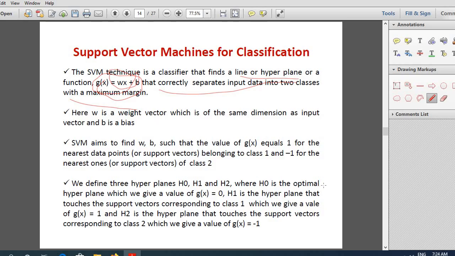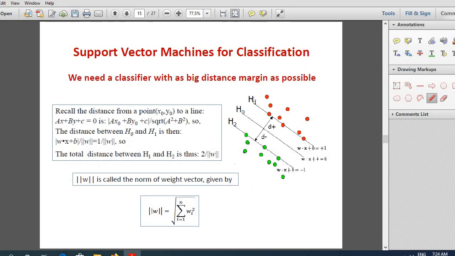Now look at the figure here. You may find it quite difficult when you go through it the first time, but when you go through it multiple times, I think it will become clearer. There are only two or three slides which are tough enough, so don't worry about that.